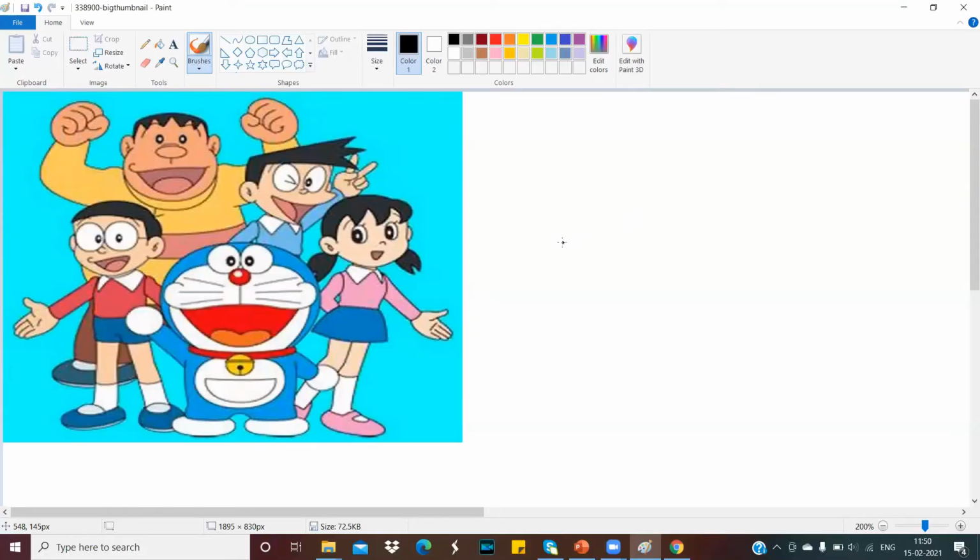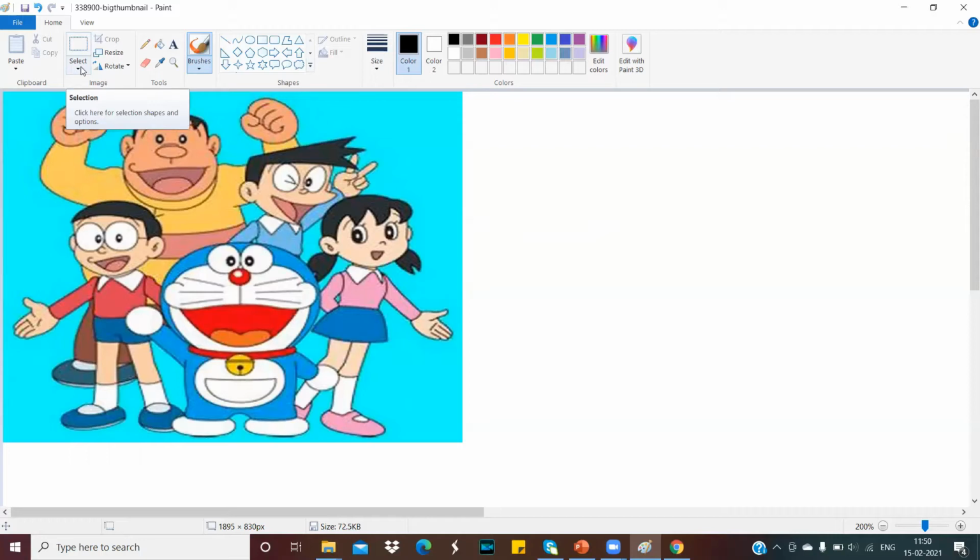In this chapter, first we are going to study how we can use the select tool. This tool is used to select any part of the picture that you want to change. Let's see how we can use the select tool. Here we want to select a particular portion of this picture. How can we do the selection? We can do this selection by using the select tool in MS Paint.